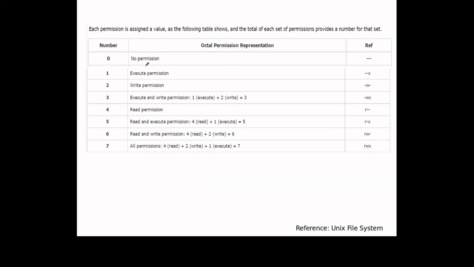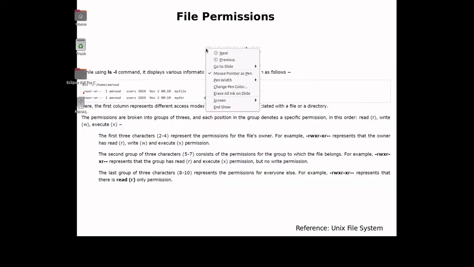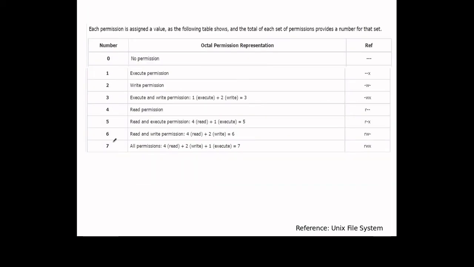So we can show this in a set. This is the set 0, 1, 2, 3, 4, 5, 6, 7. In a group of 8 bits, we can give the permission. Suppose number 0 is set. So this is the octal permission. Octal means 8 numbers can be used for giving various permissions: read, write or execute.